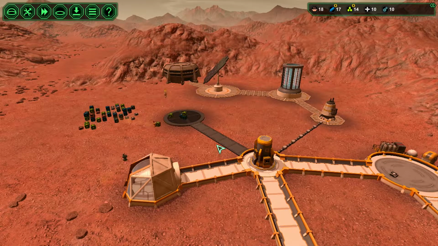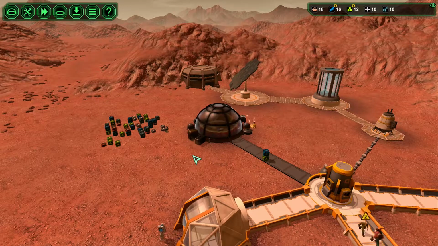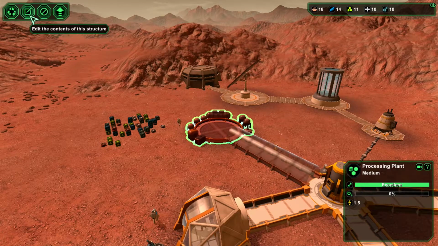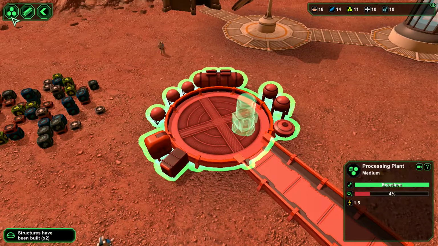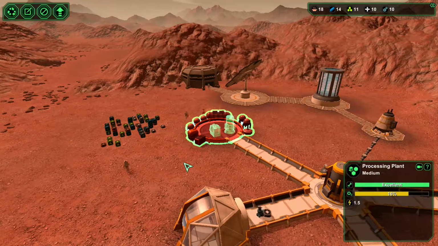Alright, and then once that's built, I'll be able to set up manufacturing limits and all that stuff. Alright, good. So you're building that. So let's go here, and I need a metal processing plant and a bioplastic processing plant. And that should work